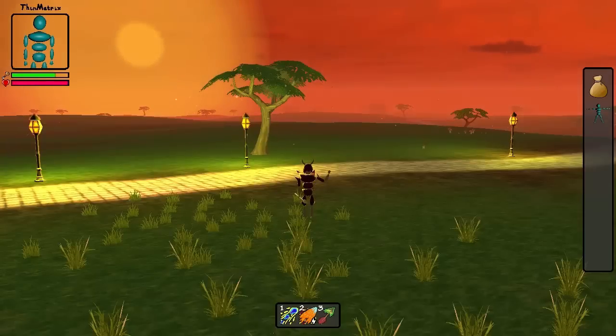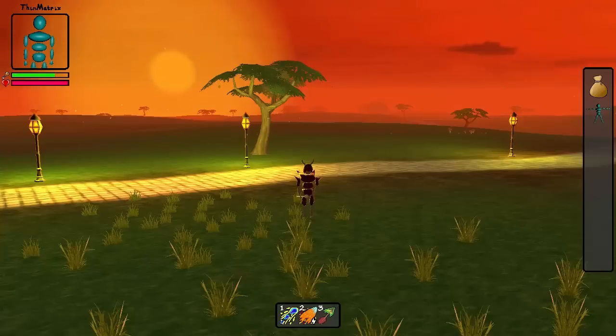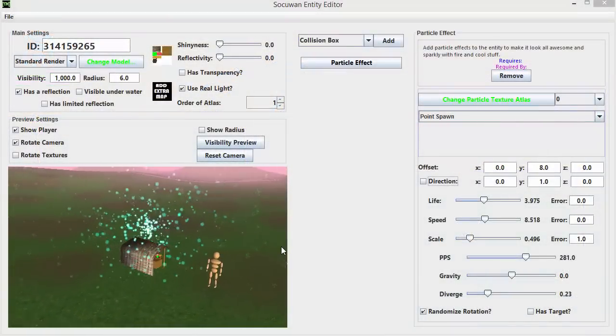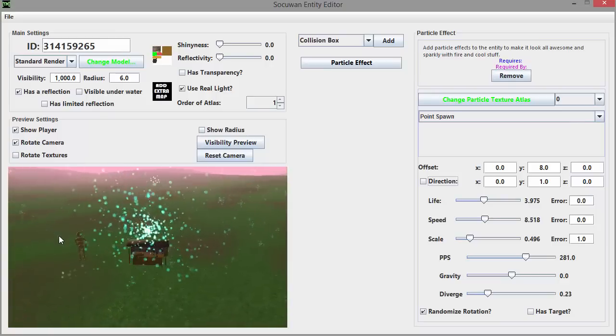Hello everyone and welcome to this week's Game Development Log video diary. This week I've been finishing off the entity editor and programming a parser to allow my game to read the entity files that the editor creates. So let's get straight into the updates that I've made to the entity editor, and first off I'm going to